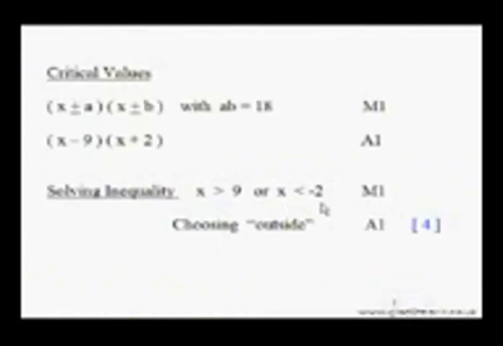You can see it for yourself. We did it mentally and this is the answer. x less than minus 2, x greater than 9. And now we can put all these steps down, even more than what is written here, just to impress the examiner all the more and make him believe that really we did a lot of hard work. Yes, sure, we did it mentally, isn't it? Without bothering ourselves too much.